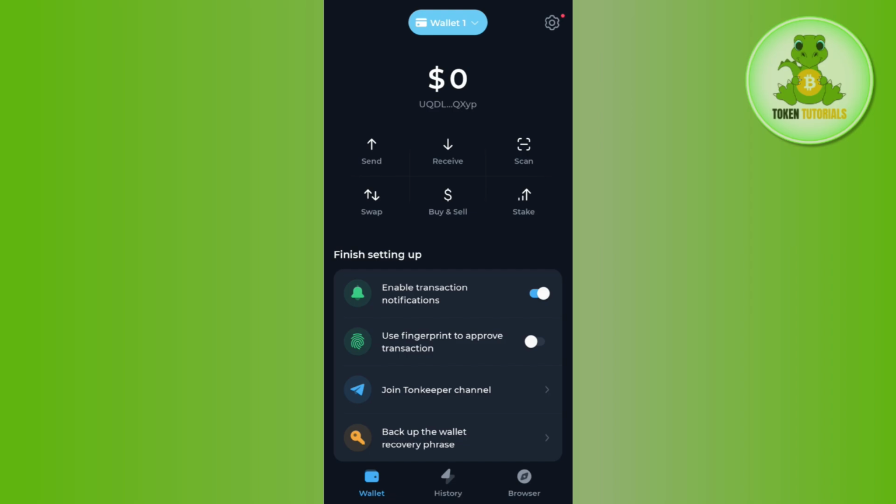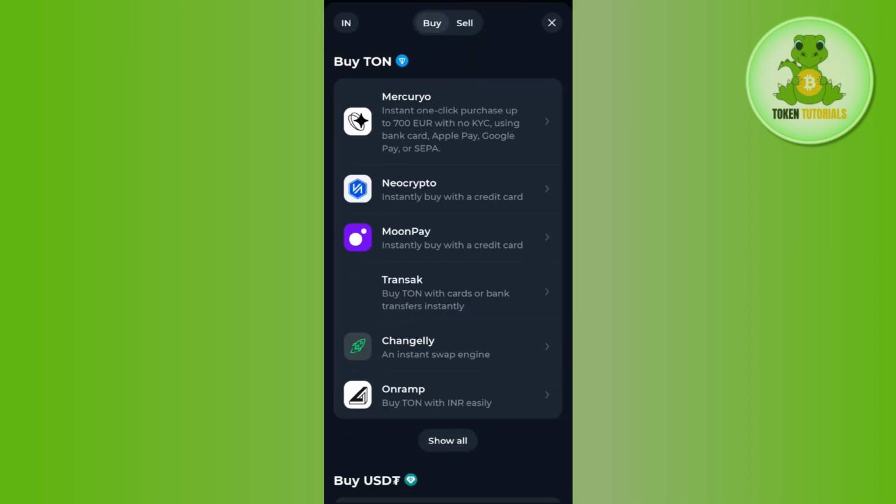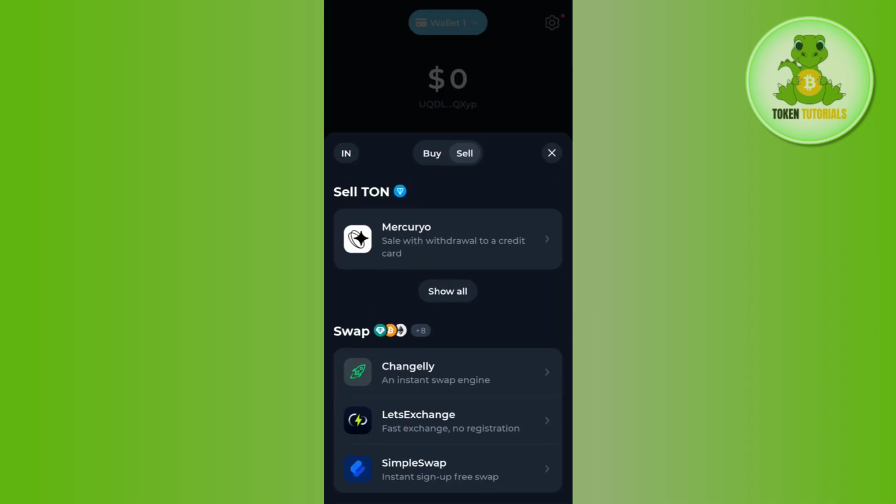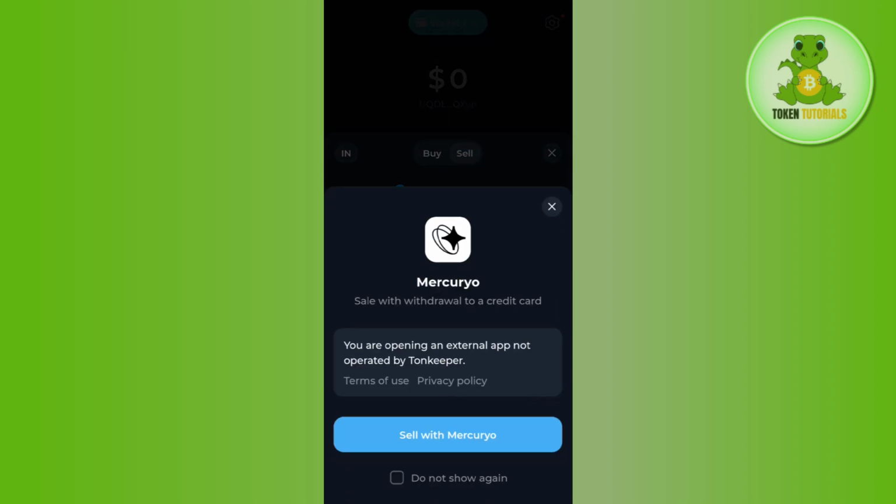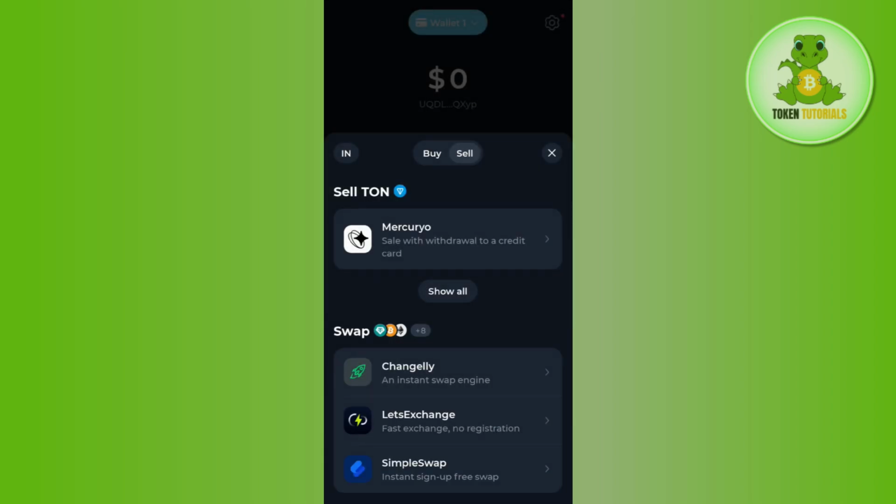In the first option, you can sell your Ton coin right on the Tonkeeper Wallet. For that, tap on the buy and sell option on the home page and then select sell at the top. Here you will be able to see the sell Ton option. So you need to select any of the merchant providers over here. As Mercurio is available, I'm going to tap on Mercurio, and now you will be redirected to